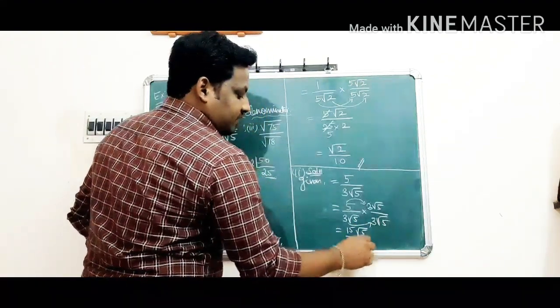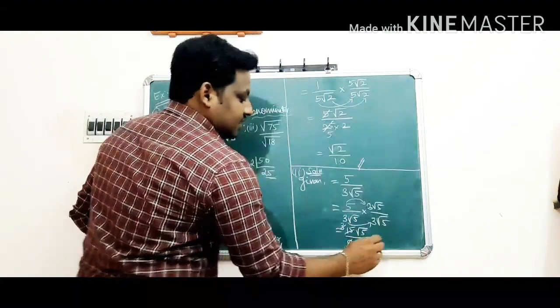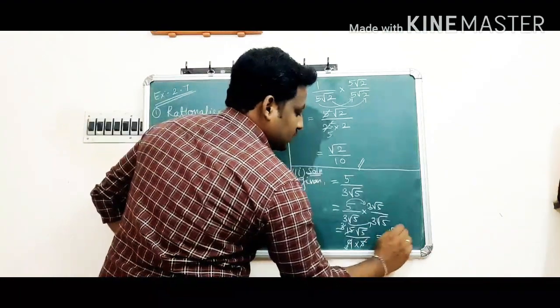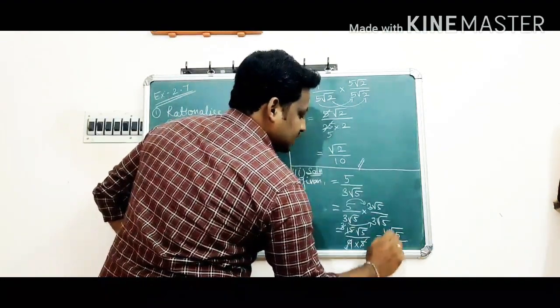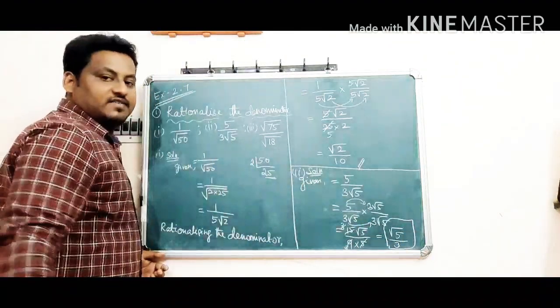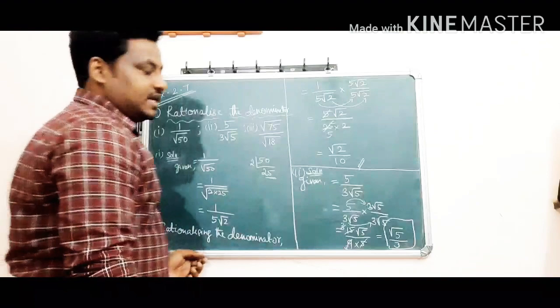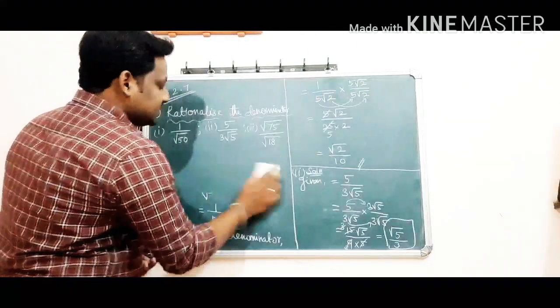So now we can simplify. 1 5 is 5, 3 5s are 15, 1 3 is 3, 3 3s are 9, which is equal to root 5 divided by 3. So this is the value, which is equal to 5 divided by 3 root 5. Okay. Now the third question,